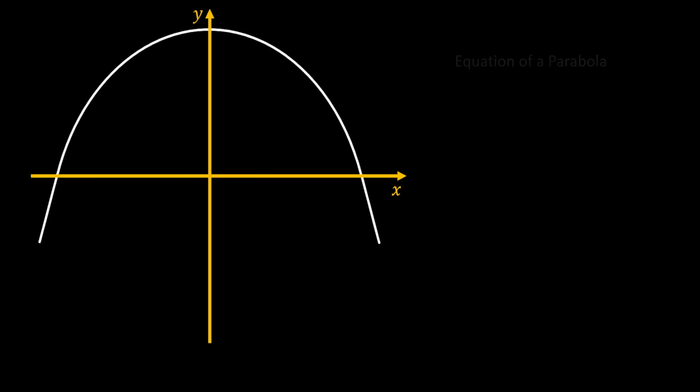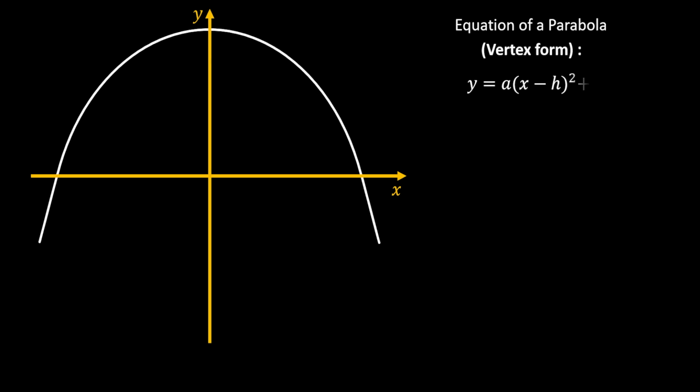Let's try to find the equation of this parabola, or to be more precise, the vertex form. This form in analytical geometry looks something like this, where coefficient a represents the direction of a parabola, so it will tell us if this parabola is facing upward or downward, and it also represents the width. Since our parabola is facing downward, we expect a to be a negative value. Now, h and k represent the coordinates of the vertex of a parabola, as you can see on the